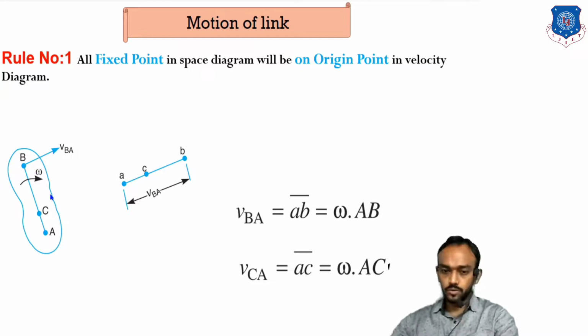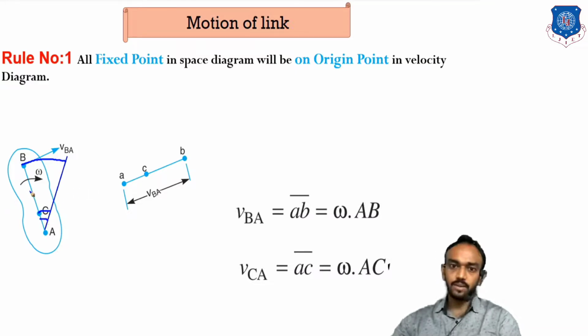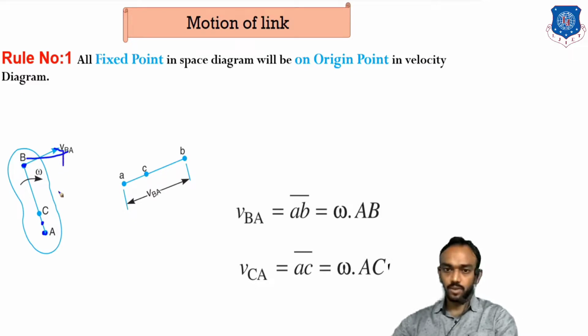And you can see here, if B is moving from this point to this, C will come from this point to this. Maybe its velocity is less, but the angle made by B and C will be the same. So in circular motion, omega is always the same for all points, but velocity will be less as you come near to the center. The point here will have less velocity, and point B has a higher velocity because it is very far from the center.